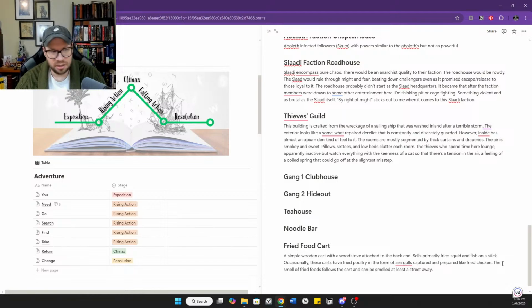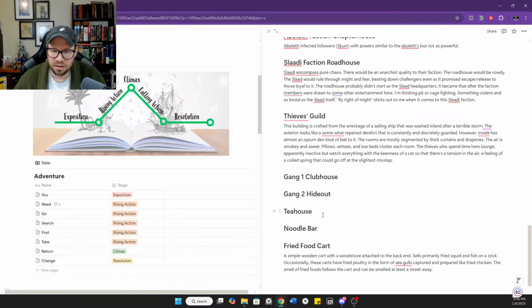So it's kind of a navigational point here as well, but also a little atmosphere point as we're navigating our Darkport here, and we're narrating players, or characters, going from point A to point B. We can talk about the smell of the fried food cart, and then they come around the corner and there it is. They pass it and they continue on. So that's probably all we need for that.